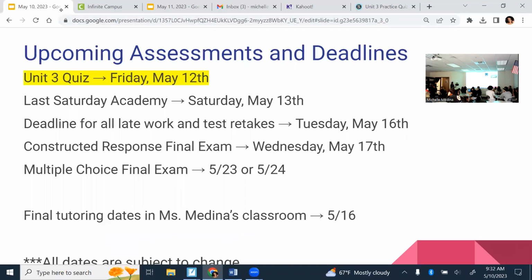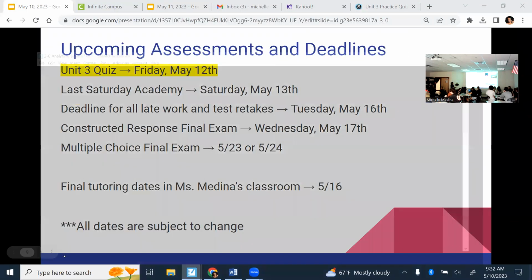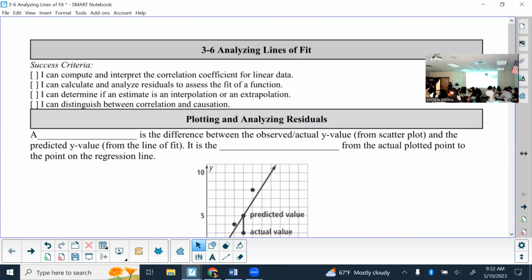All right, so then let's start with analyzing lines of fit. Yesterday we learned how to estimate them. Now we're going to see if it's a good fit or not. So really, I'm mostly teaching you good fit. All right, and one part of that quiz is residual. So a residual, that's our first link here,